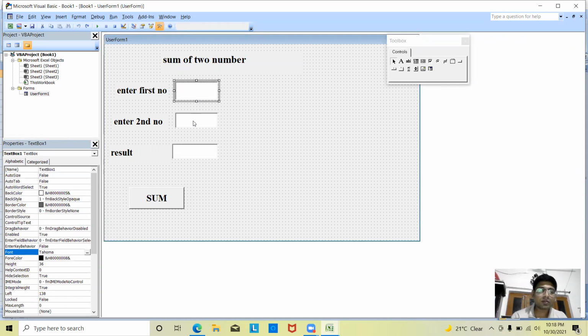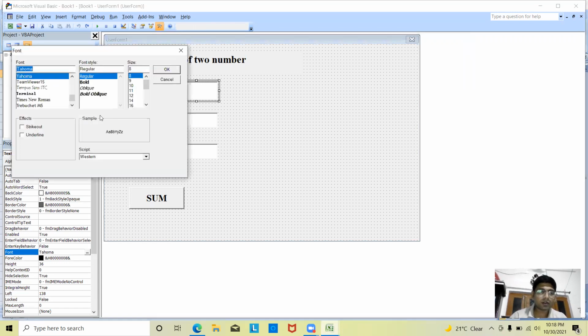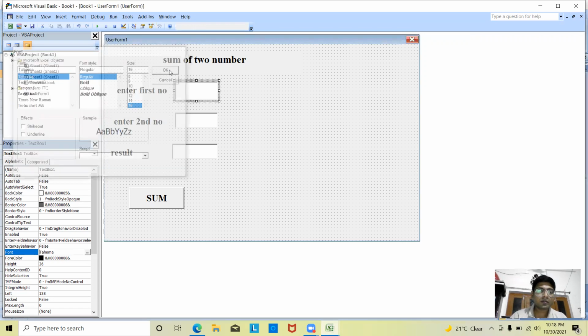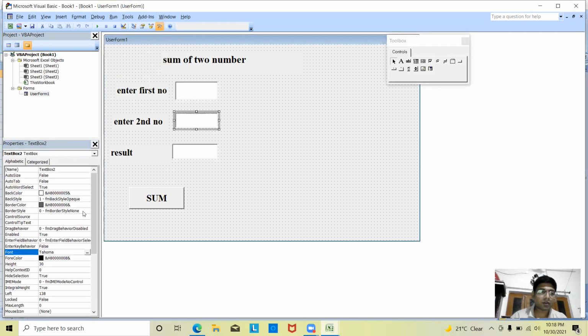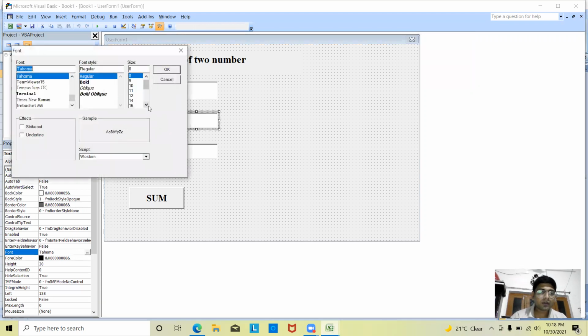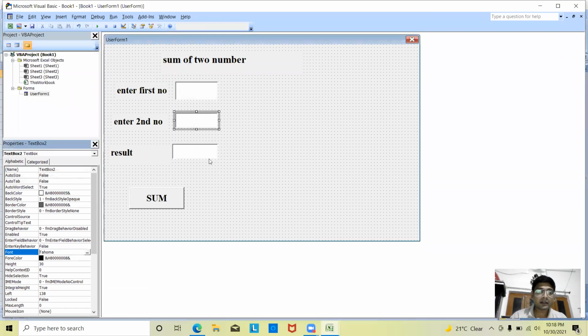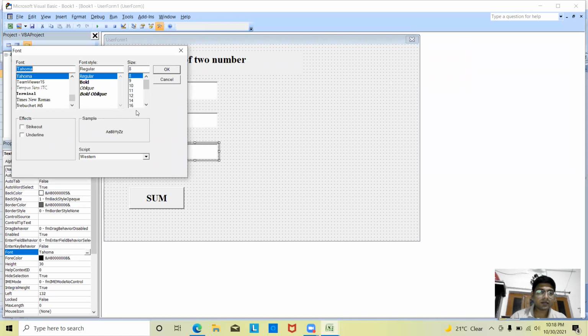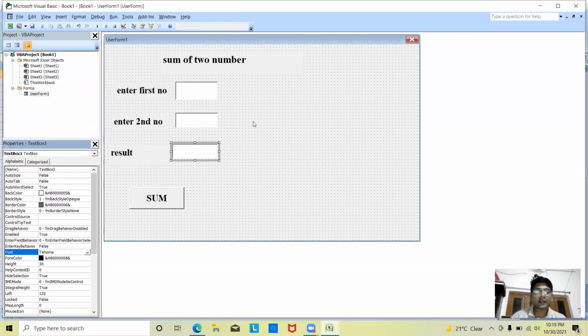Text box 1, the font size will be increased to 16, and text box 2, that is 18, and text box 3, that is for output. Change the size. When we run the program, it shows the size of the data.